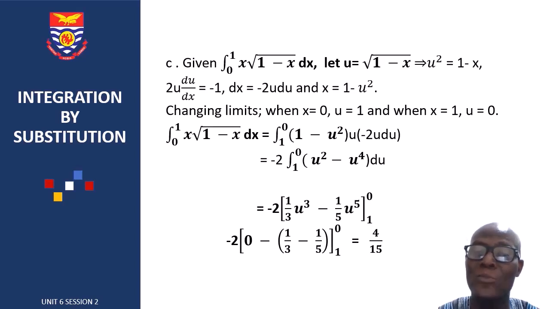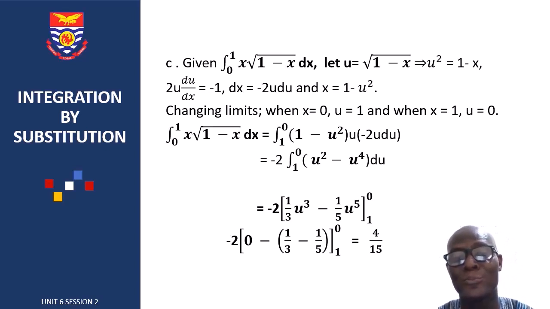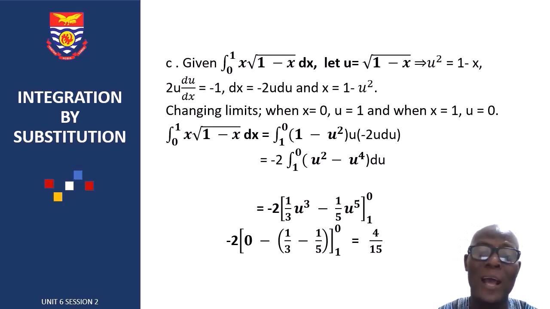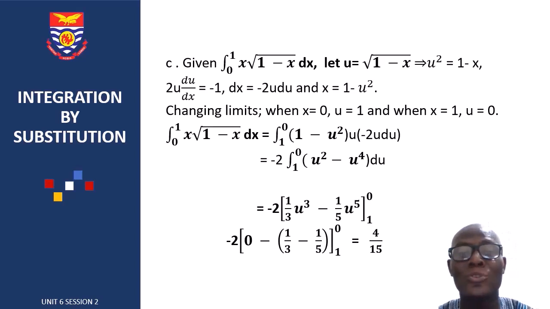And when x is equal to 1, u is equal to 0, which means that our integral, the lower limit 0, upper limit 1, x, the root of 1 minus x dx, is now equal to the integral, the lower limit 1, upper limit 0, then into braces 1 minus u squared times, in place of dx, we write minus